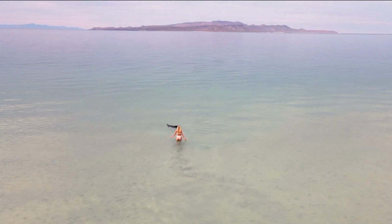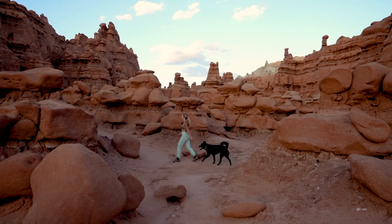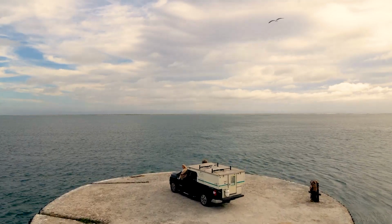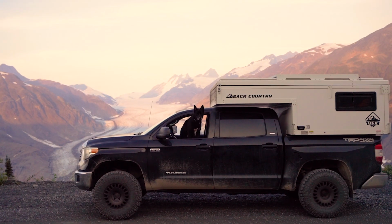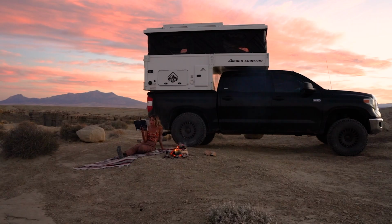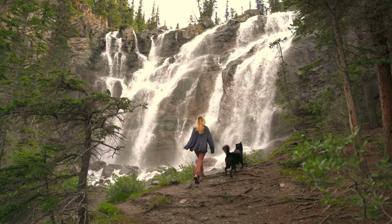We've been living on the road now for 2 years, traveling together to over 30 states and 3 countries. We've had a few different rigs, but this June, we were finally able to get our dream rig from OEV, the 2023 backcountry camper. Since moving into the camper, we've road tripped from Alberta, Canada, through the Rockies, up the